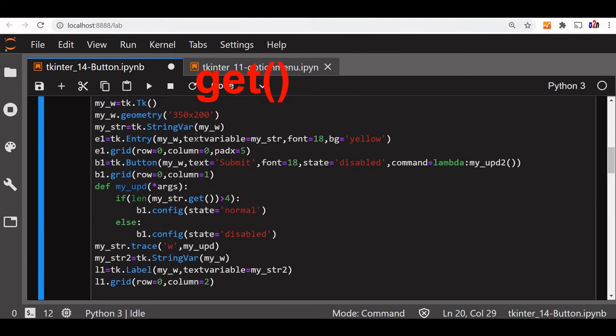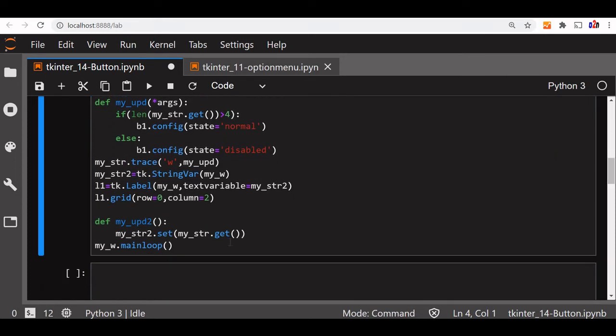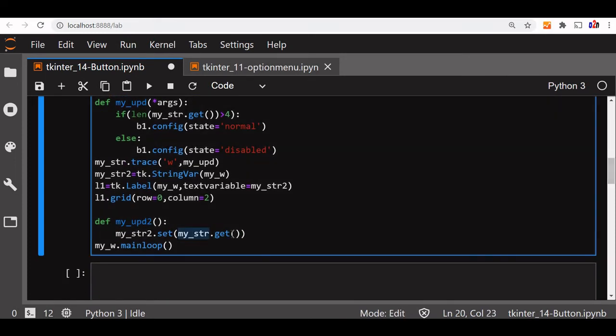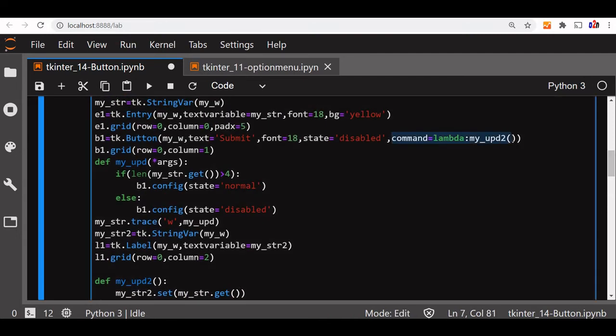You can see here we have declared the text variable, and the same one as a string variable we declare here also. So whatever data the user entered as text will be read here with my str.get, and the value of my str2 is set here. That will happen inside the function my update 2, and my update 2 will be triggered by this command. So once we click the button, this will be triggered.